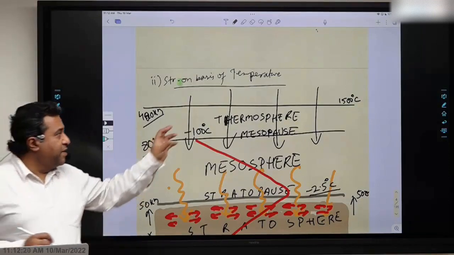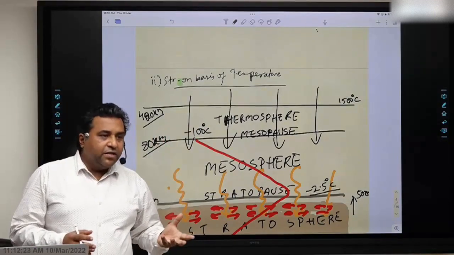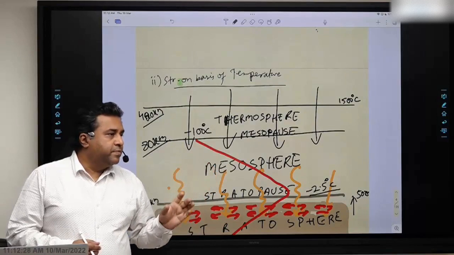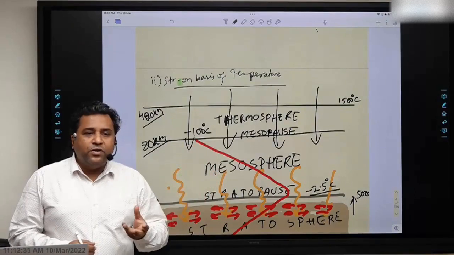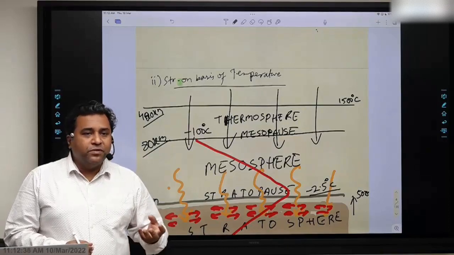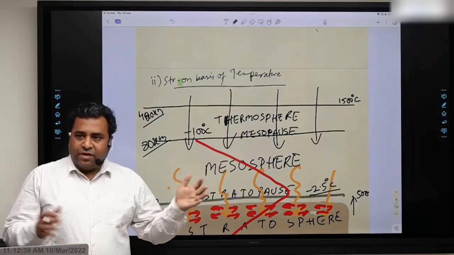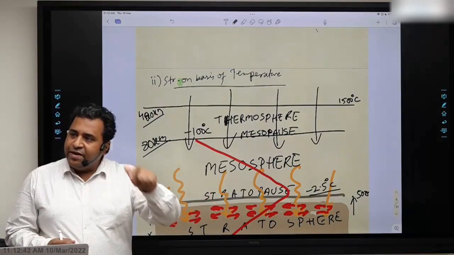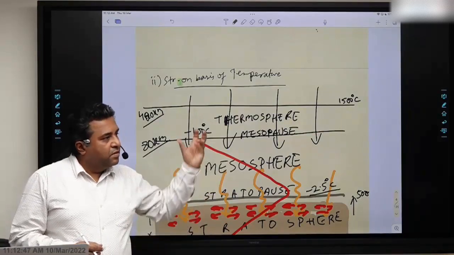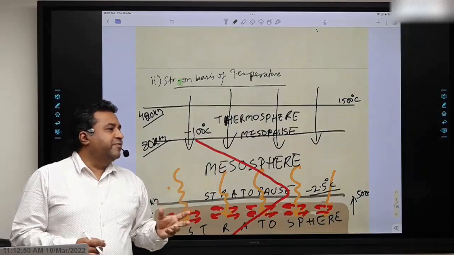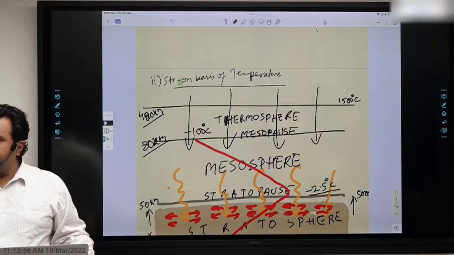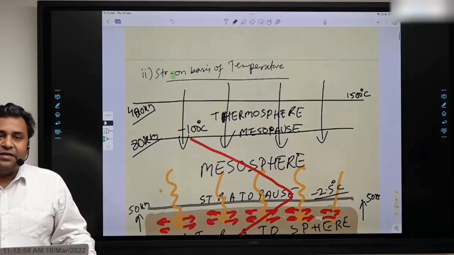Okay, so in this region the particles get very heated. How? Very simple. You take a tawa and heat it up, and on that tawa you put 10 grains of salt. Count and put 10 grains. What will happen to those salt particles? In 1 second, they will become heated up and they will start bouncing. You have seen this, right? If you take a big tawa and when it is extremely hot you spread 10 grains of salt, they will suddenly become very heated up. This region behaves almost exactly the same way. There are so few gas particles that they become extremely heated up. And the temperatures might be as high as 1500.